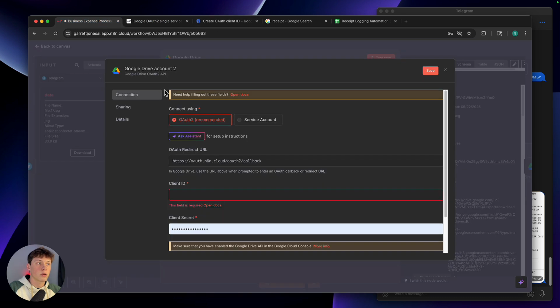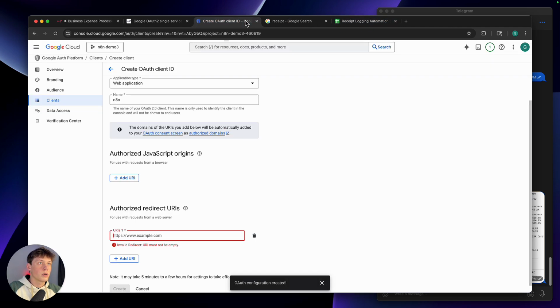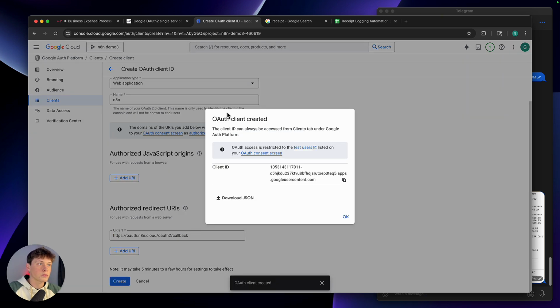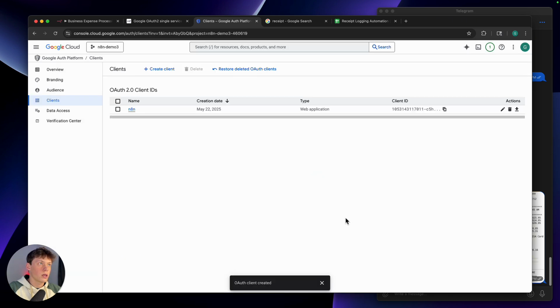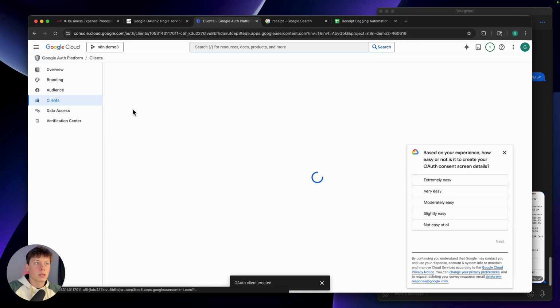So if we go back to our workflow that we were just working on, you can see it actually gives us that OAuth redirect URL. So if we just click on this, you can see it copies to my clipboard. We can go back over and paste that into the URL here, select create, and you can see it creates that client for us. We can click OK, and then it takes us to a page listing out all the clients that we've created. So I'm going to select on that client that we just made,